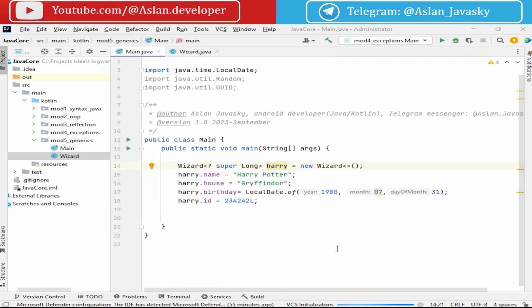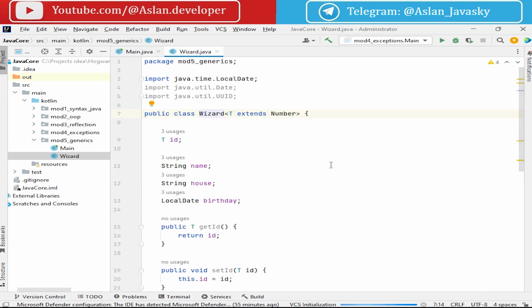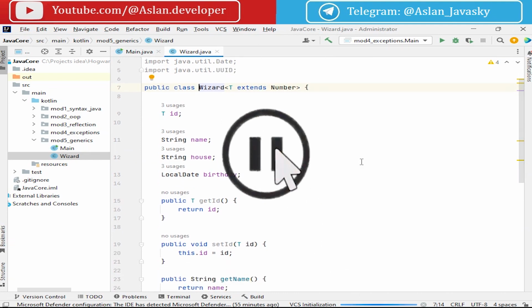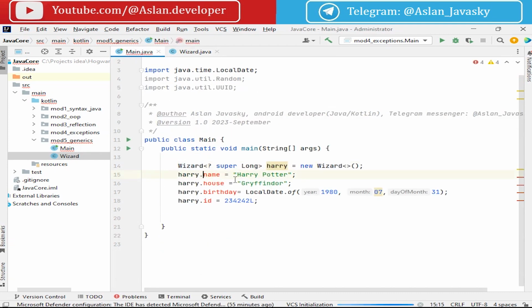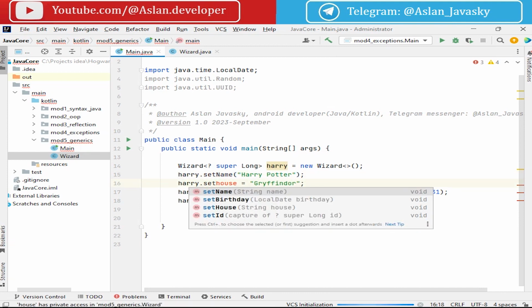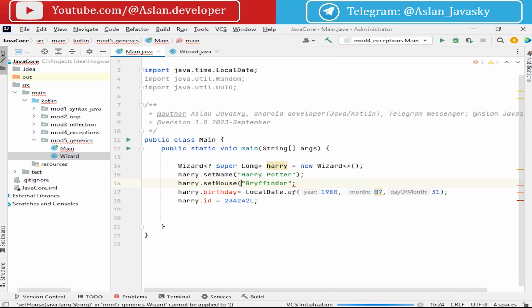Now the task is for you. Find an encapsulation violation in this generic class Wizard and fix the code. The possible solution: the private keyword for name, house, and birthday, and also for ID. And use setters: set name Harry Potter, set house Gryffindor,